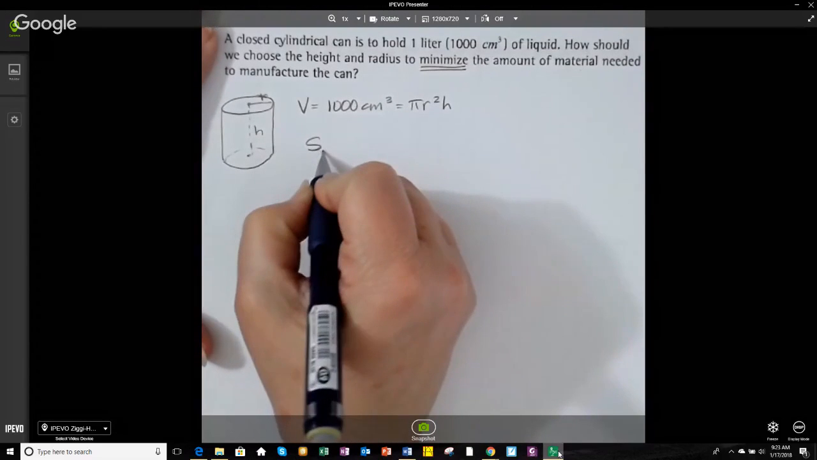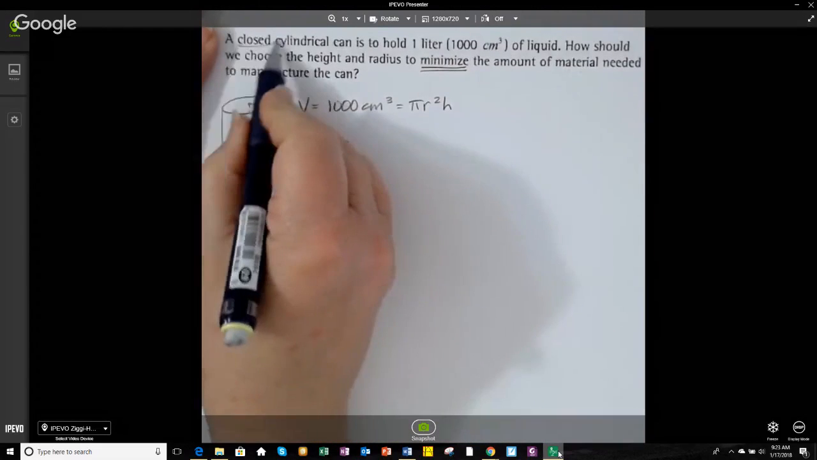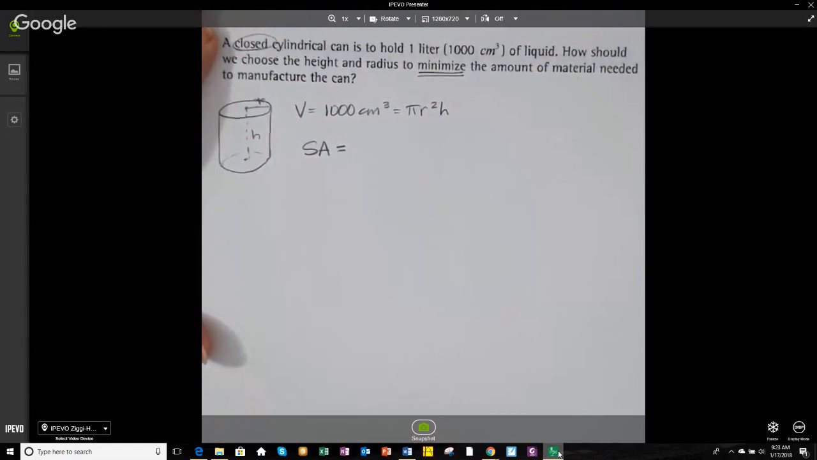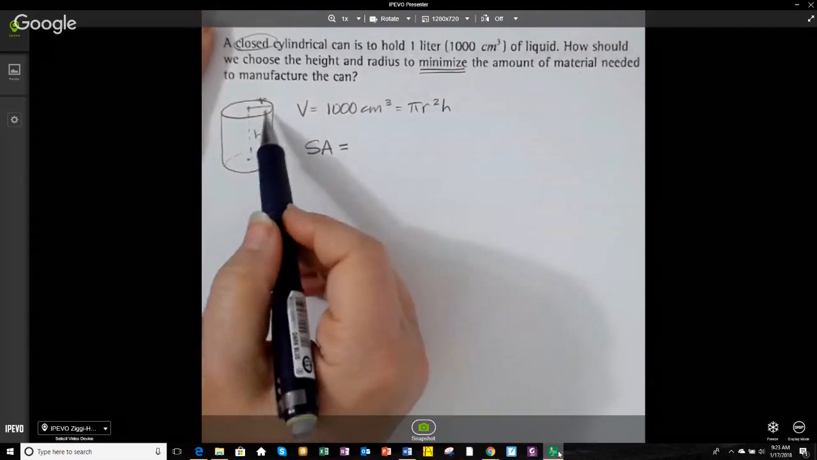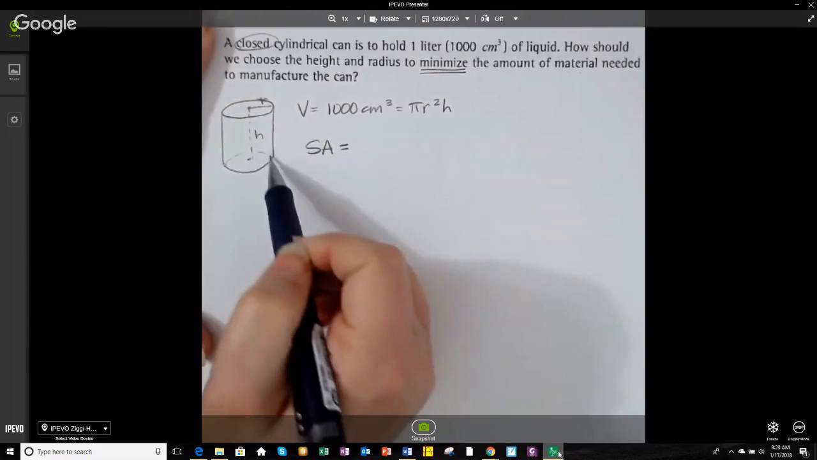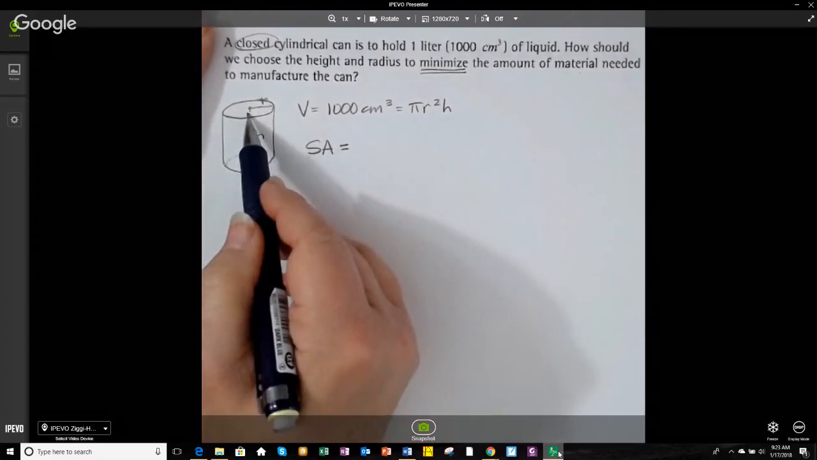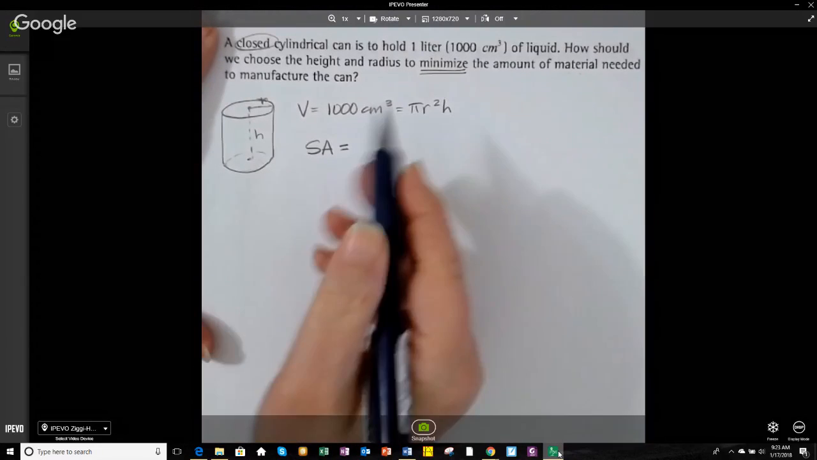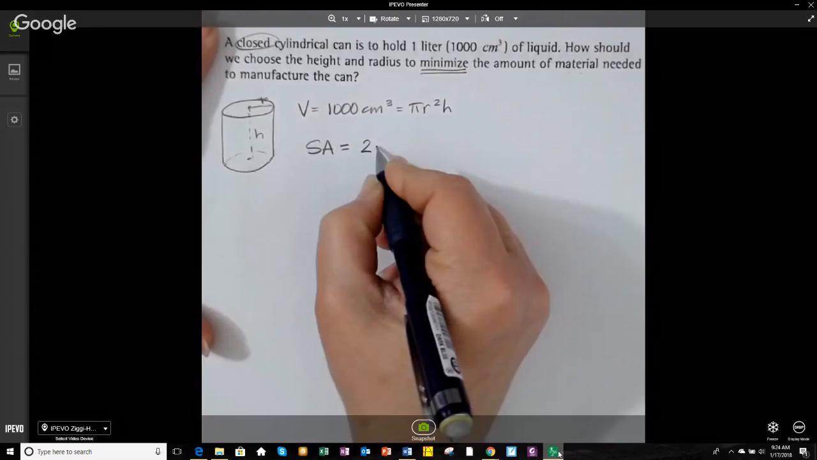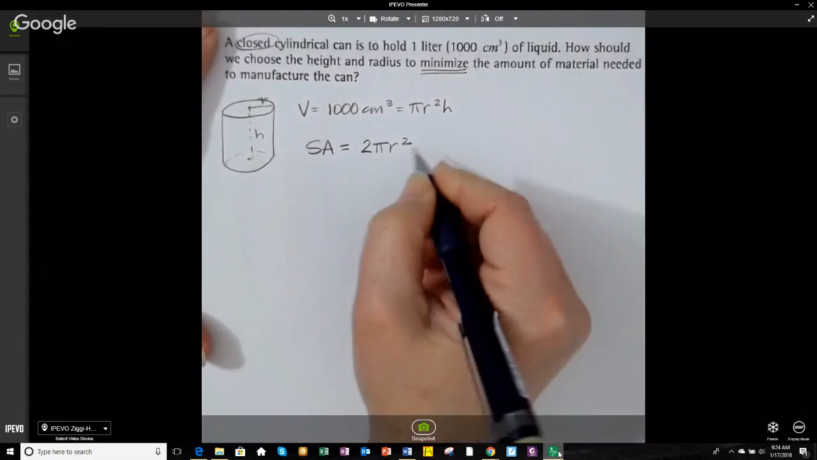So surface area of a right circular cylinder, and it says it's closed here. So if it's closed, that means I need a top and a bottom. So surface area, what is the area of the top and the bottom of this can? Well, the top is a circle, and the area of that is pi r squared. And the area of the bottom obviously will be pi r squared. So the first part of this surface area equation is going to be 2 pi r squared, because that's the top and the bottom, plus